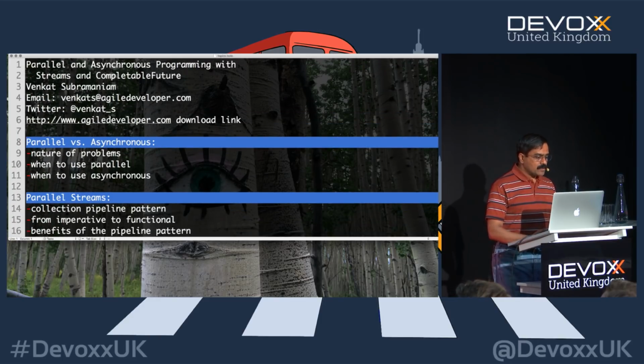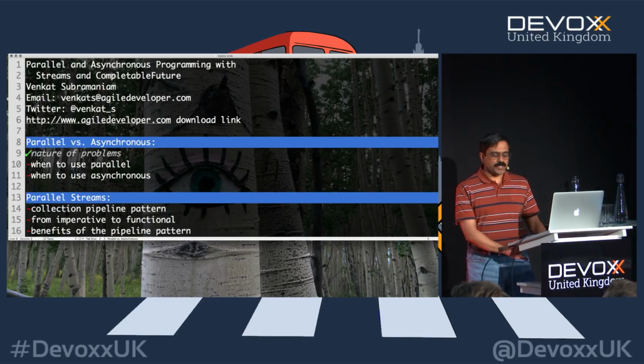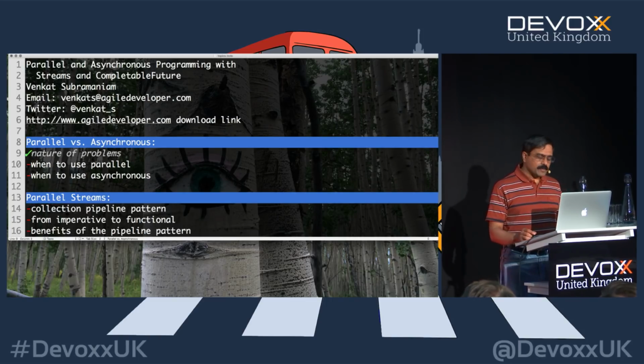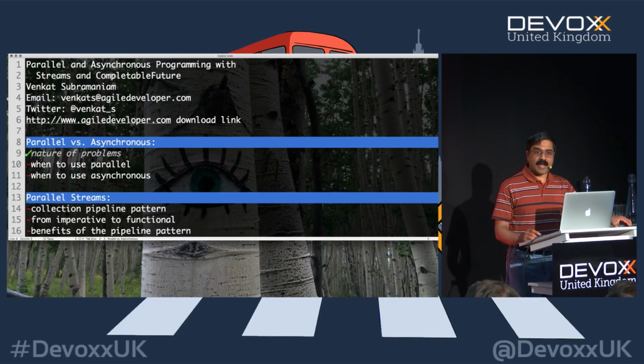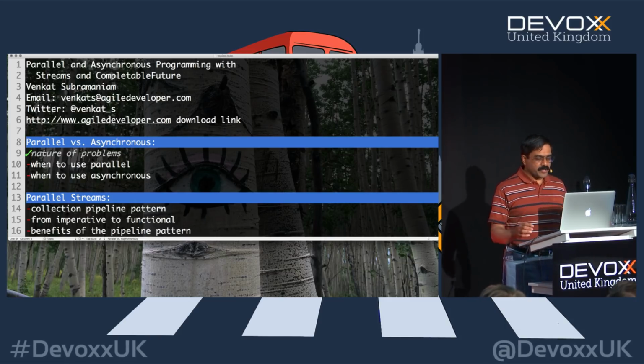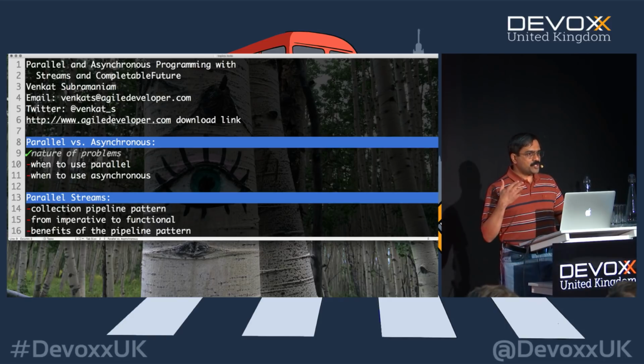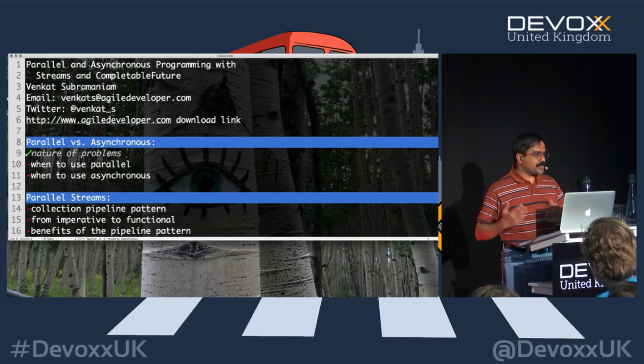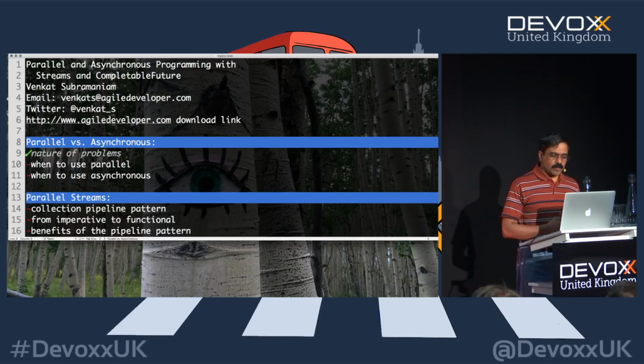So let's get started. The very first thing I want to start talking about is when we really think about parallel versus asynchronous. Well, I come from the world of programming in traditional languages like C++ and, way back in time, VB, and then moving on to languages like Java and C#. So mostly I've been used to sequential or synchronous programming. When it comes to parallelism, it is something I got introduced to a few decades ago. And generally speaking, in languages like C++, Java, and C#, we predominantly did parallel programming.